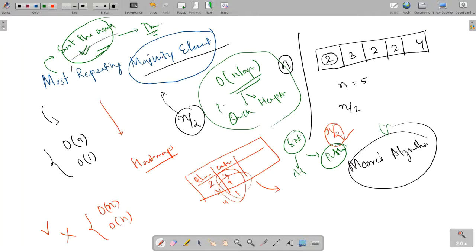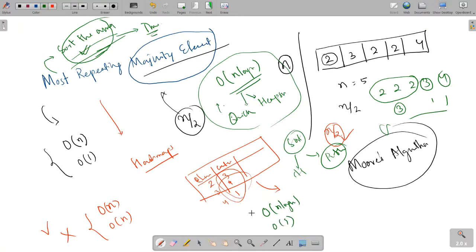By sorting the array, it becomes 2, 2, 2, 3, and 4, and we can group it: this occurred 3 times, this occurred 1 time, this occurred 1 time. So this can be done in order of n log n time and order of 1 space. Still, this process is not optimized because we need it in order of n time and order of 1 space.